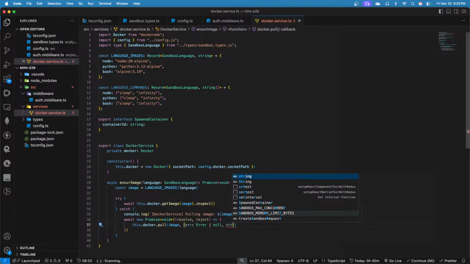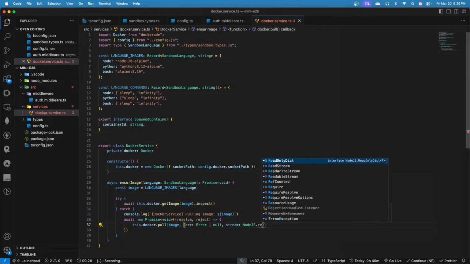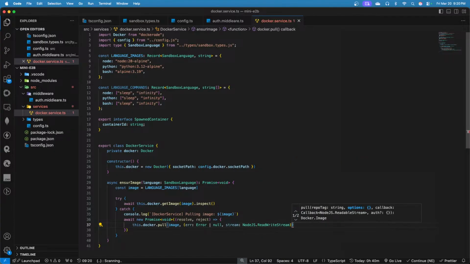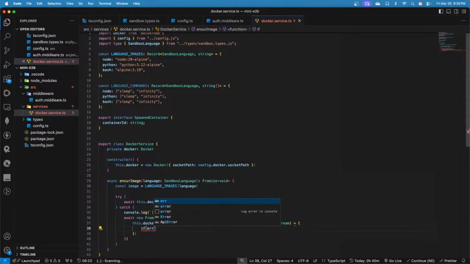If we have stream Node.js dot readable stream, is equal to what? Return. We are passing the error here, no? Return reject error. Okay, so it's hard to digest, but